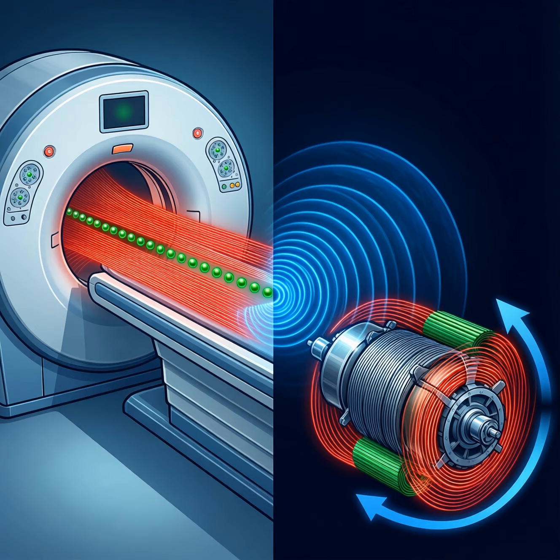Magnetism is a fundamental force that arises from moving electric charges and intrinsic magnetic moments of particles. In everyday devices, this force is harnessed through carefully engineered magnetic fields to perform useful work. A prime example is the MRI scanner, where strong superconducting magnets generate a uniform field that aligns hydrogen nuclei in the body. When radiofrequency pulses disturb this alignment, the returning signal is detected by receiver coils and translated into detailed